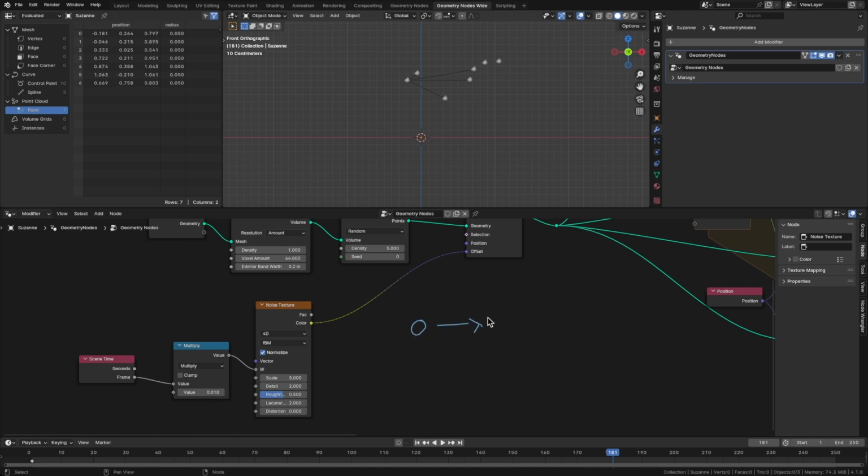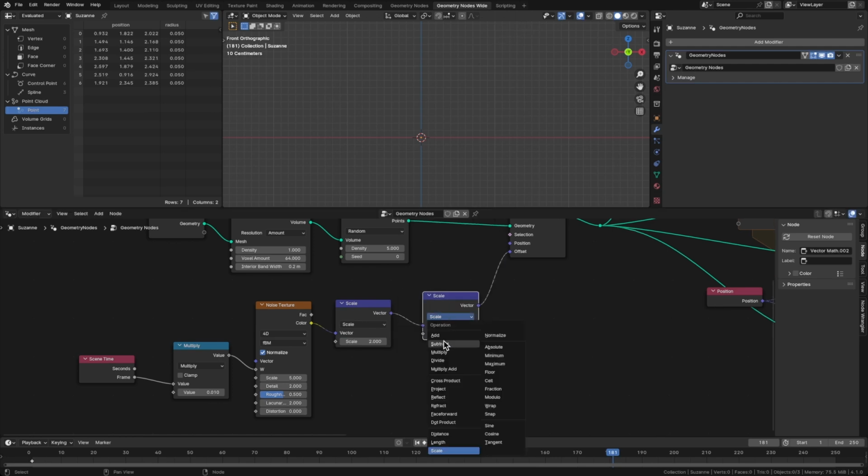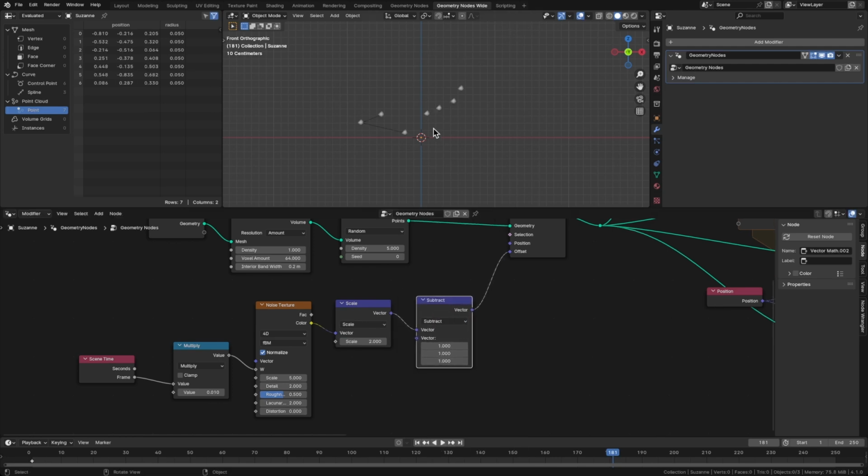If we have 0 through 1, if we times this by 2, it will change the range from 0 through 2. But then if we subtract 1, it will change the range from -1, because 0 minus 1, through 1, which means it's centered at 0. So to do that math, let's add a vector math node. We'll scale it by 2, which is the same as multiplying by 2 on all 3 fields, the X, Y, and Z. Select the scale node, Shift D, and then we will subtract 1 from it, and that recenters our